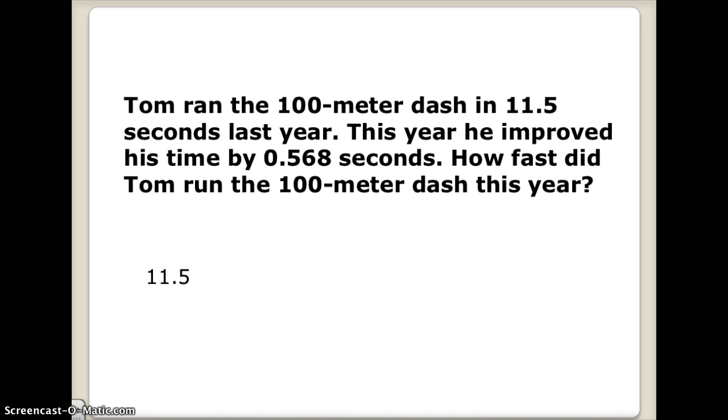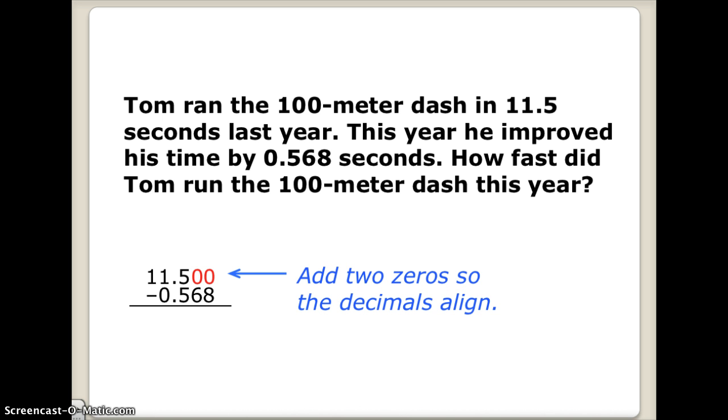Let's start with the word problem. Tom ran the 100-meter dash in 11.5 seconds last year. This year he improved his time by 568 thousandths of a second. How fast did Tom run the 100-meter dash this year? Well, improving when you're running a race means that your time goes down. So that means we have to subtract the time that he improved by from the time that he had last